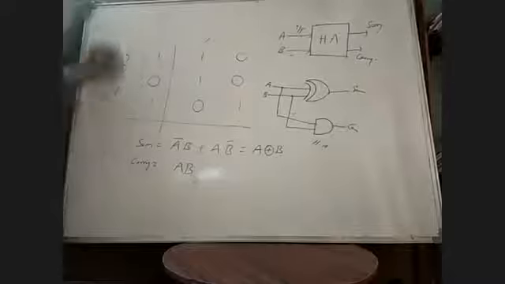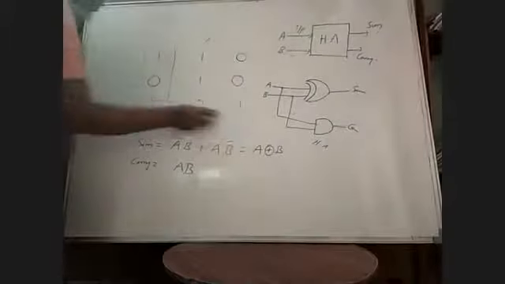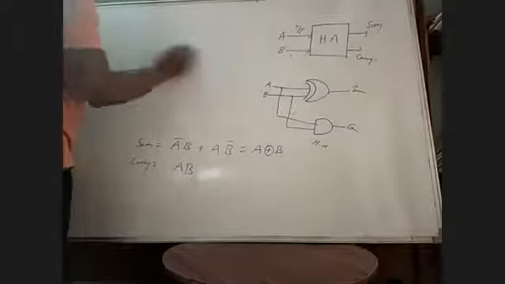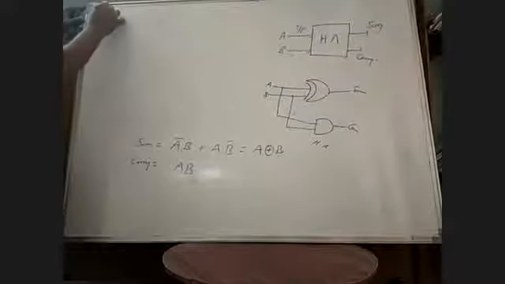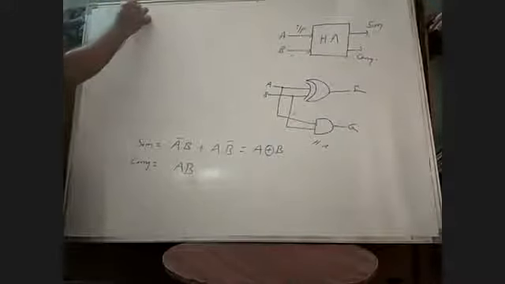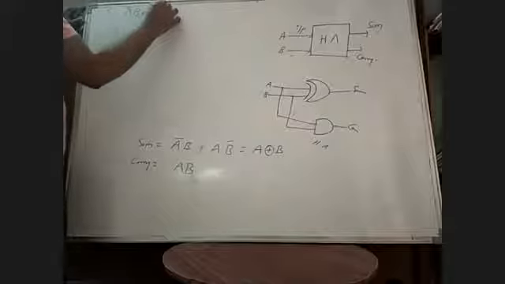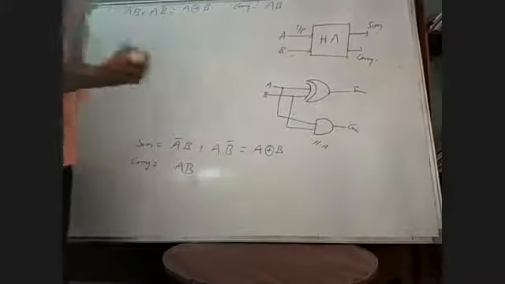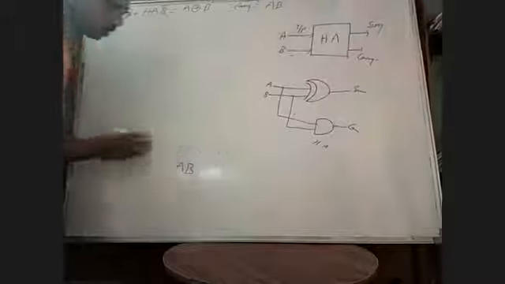Now we are going to draw the same circuit diagram using basic gates, and I have to know the output equation for XOR sum and carry. What is the output equation for sum and carry? We know sum equals A bar B plus A B bar. It is also written as A exclusive OR B, and our carry is written as A into B. This is my carry. Now we are going to draw the same circuit using basic gates.